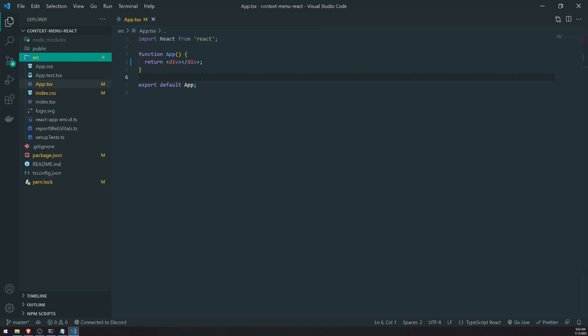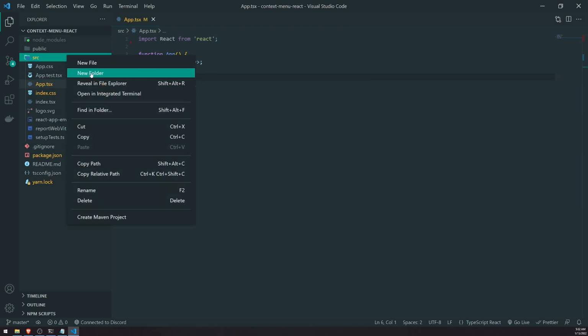So we're going to create some mock data. We're going to go ahead and render that mock data with a React component. And we're going to make it so that when we right-click on each one of that component, it's going to show the context menu. So what I'll do is I'll create a new folder